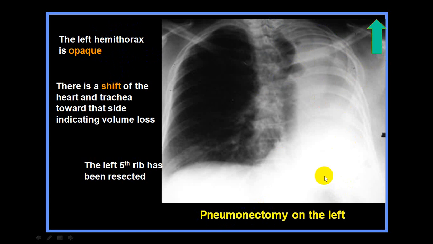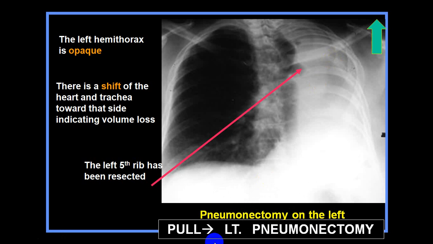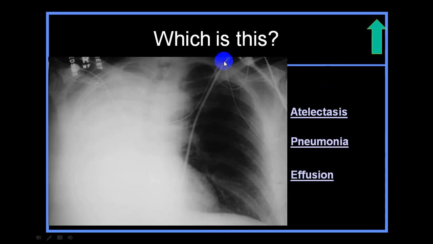So, this is a left side pneumonectomy. So, whenever you want to rule in a pneumonectomy, look for removal of a rib. The rib is removed here. So, you can see there is a big gap here. So, this is pneumonectomy. This is the differential diagnosis from collapse. In collapse, you will never have a rib absent or removed. So, look, the fifth rib has been resected. So, this is pneumonectomy.